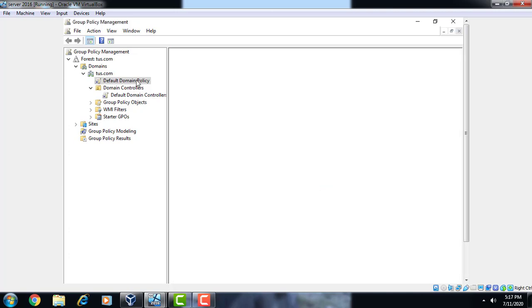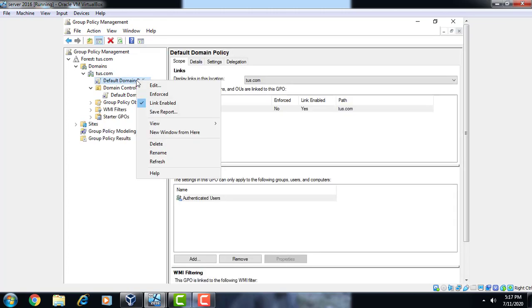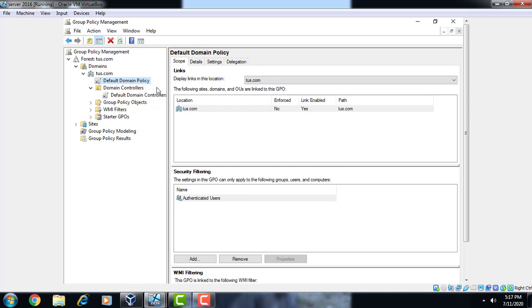First, right click on the default domain policy. Now click on edit.